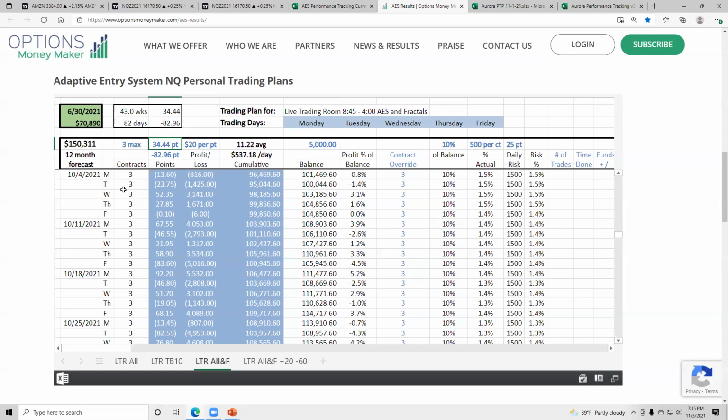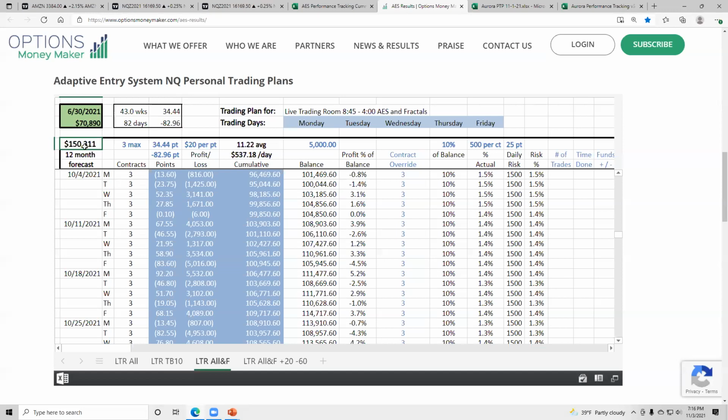And it's going to do so based on what percentage of the total balance of the account that we are willing to allocate to trades. We have it set at 10%. So 10% of the balance of the account will be allocated to the trades in order to get us to our goal. And then all of that data combined is going to tell you approximately what your income might be